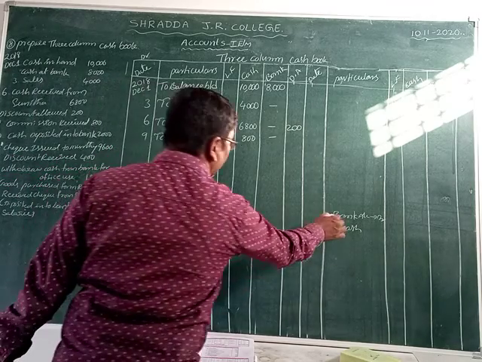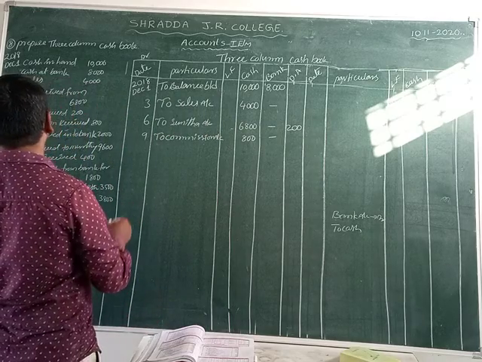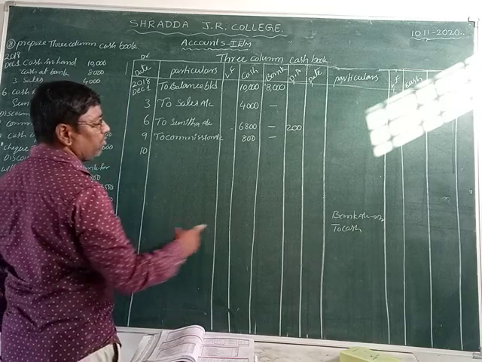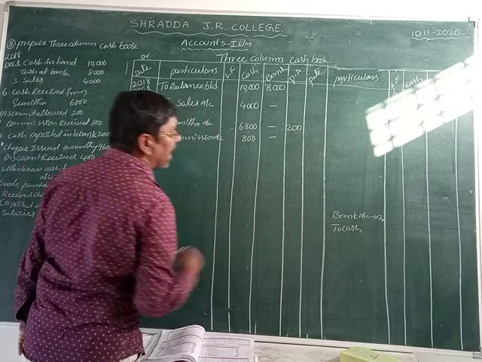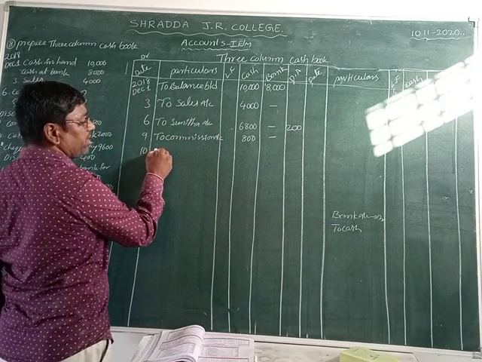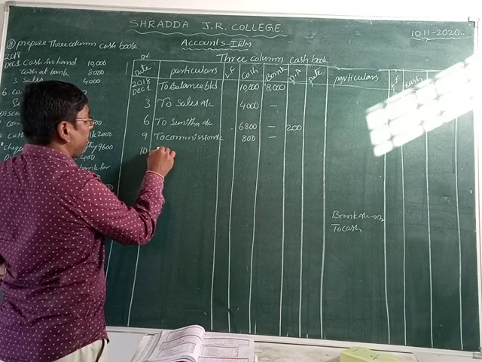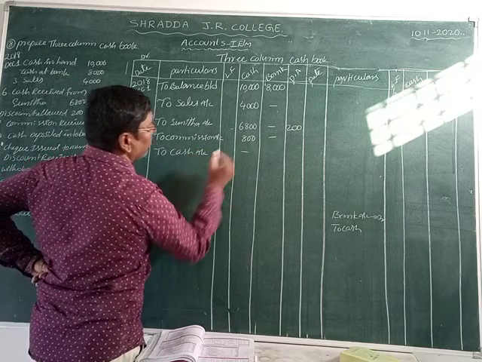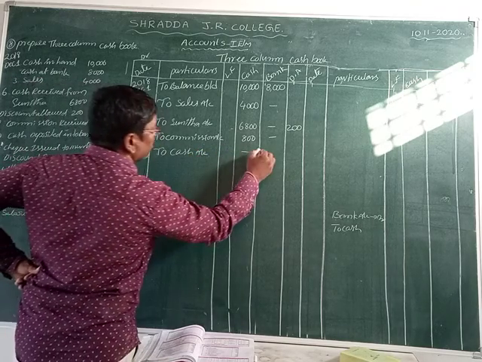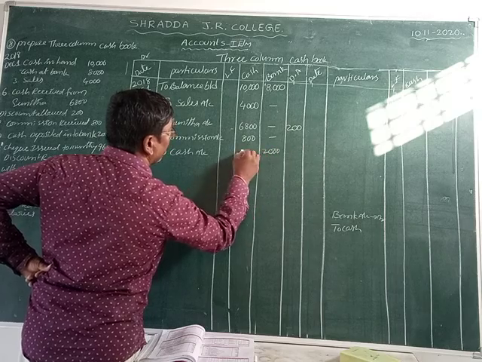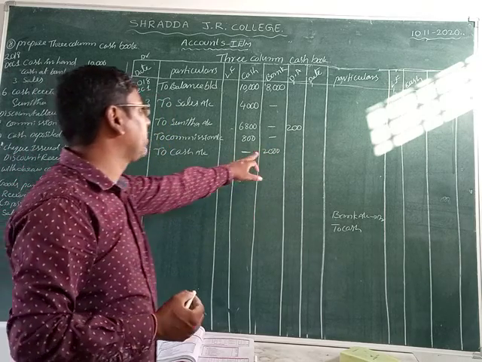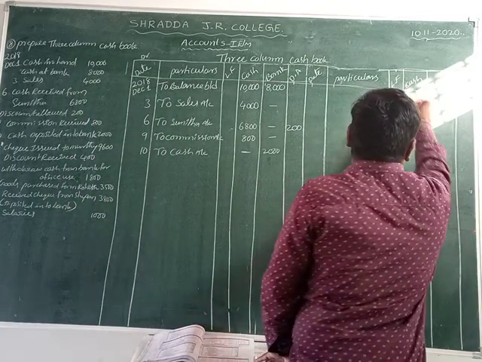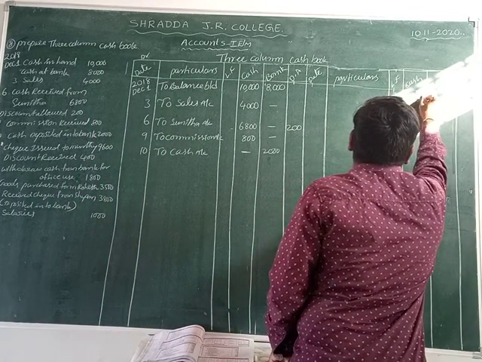Let us see. Bank debit. Why is bank debited? Cash goes out, bank comes in. That's why bank is debited. Then we write to cash account. That amount, 2000 rupees, is in the bank column. Bank is debit, that's why we record into the bank column. Cash is credit, then we record into the cash column 2000.